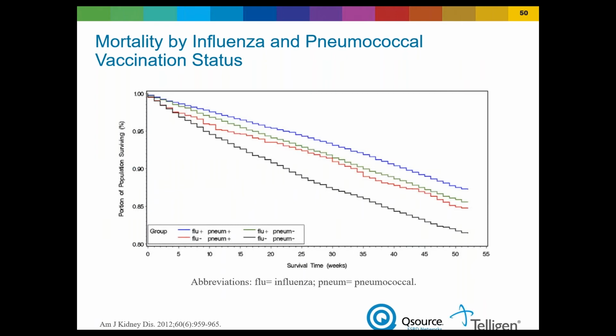So this is comparing mortality for those who have received both influenza and pneumococcal vaccination. The take-home point here is that both vaccines have additive benefits. For instance, the black line represents the proportion of patients who are surviving without either of the vaccines, then red and green with one of the vaccines, and then the blue line above represents those who have received both vaccinations, with a higher chance of surviving. Next slide.